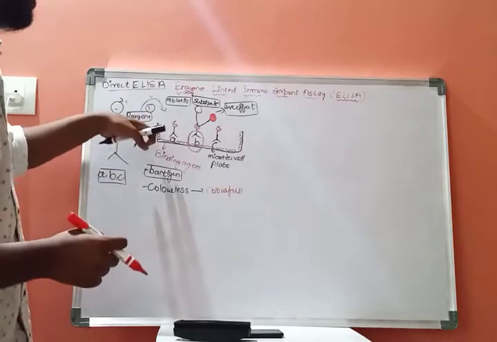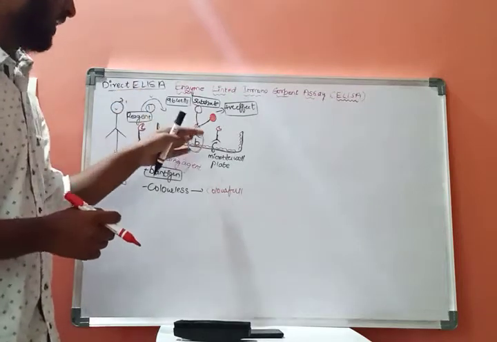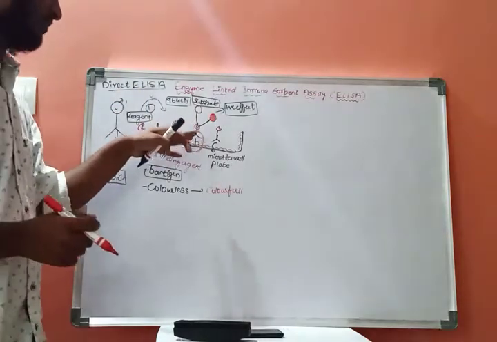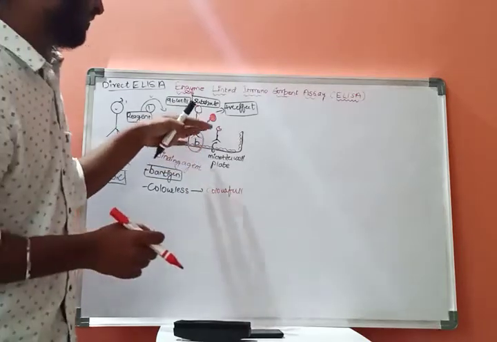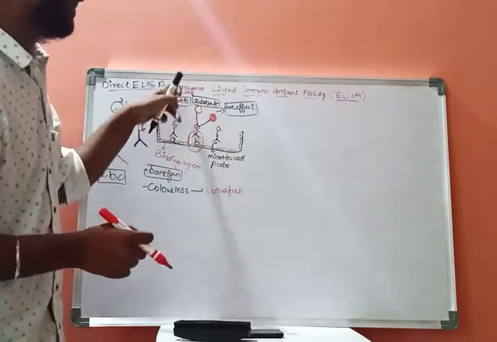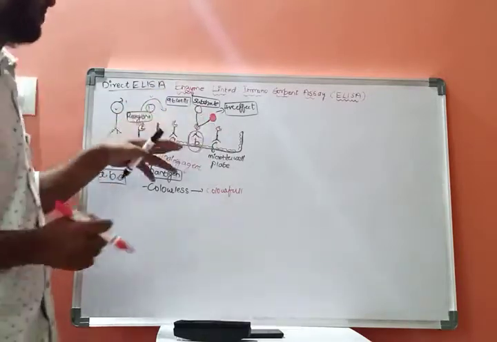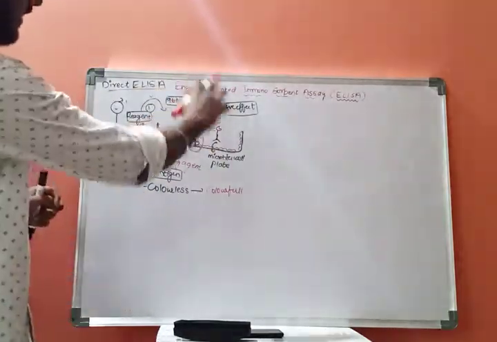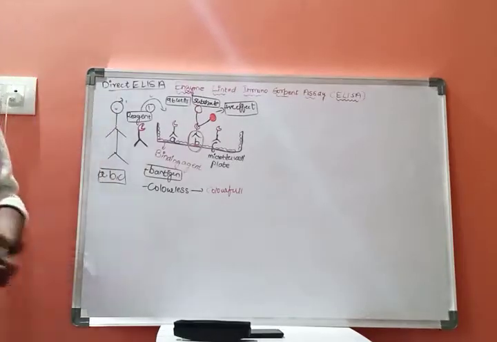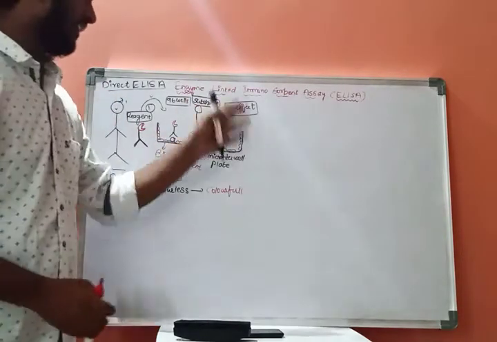After the addition of the binding agent, enzyme-linked antibodies should be added. These enzyme-linked antibodies will react with the B type of antigen, and after the enzyme-linked antibodies get attached, substrate is added. The substrate will get converted from a colorless to a colorful solution. After formation of the colorful solution, this ELISA test shows a positive result. This entire test is called direct ELISA. This is about direct ELISA.